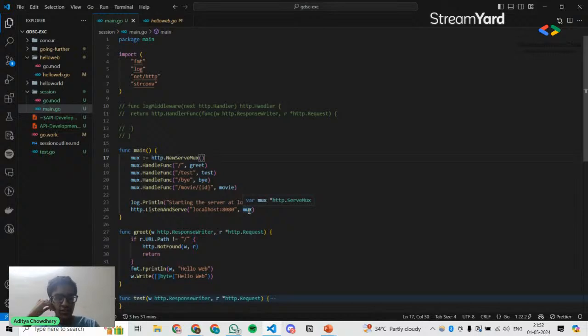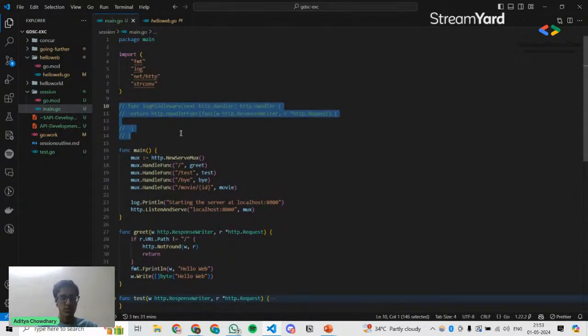So interfaces are really useful when you want multiple types of structures performing one task, when you want all of them to satisfy a certain condition, right? You don't want to define that if it's a mux or a handler or a middleware, then they can all fit here. You just want anything which satisfies the serve HTTP interface to be allowed in